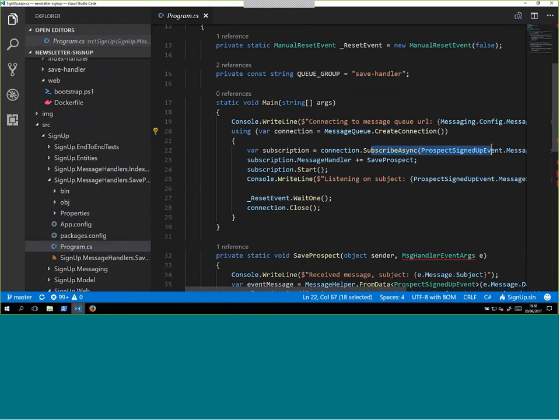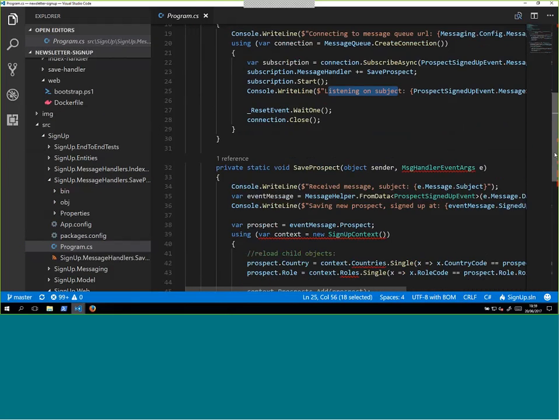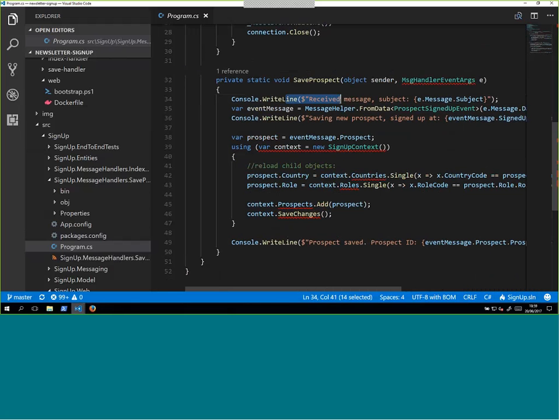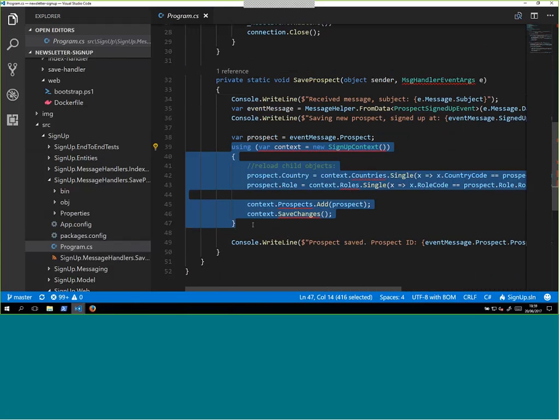It subscribes to the type of event that's being published by the web application, and then it sits there waiting for events to come through. When it gets an event, it writes some output to the console so I can see what's happening. And then it uses the exact same code that was previously in the website to insert the data into the